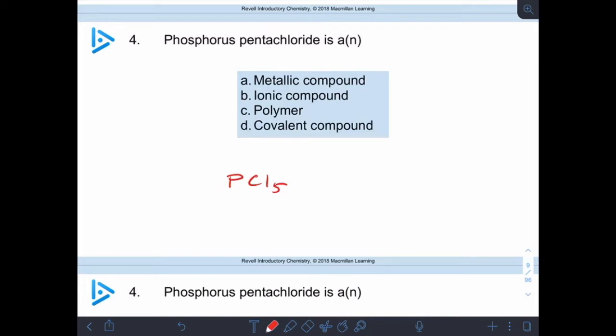So we're not really going to talk about polymers, not very much anyway. A lot of things are made of polymers, but we're not going to get into them as far as bonding, and there won't be any questions on your exam about it.